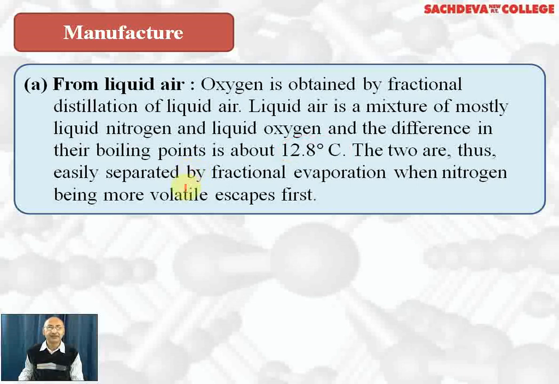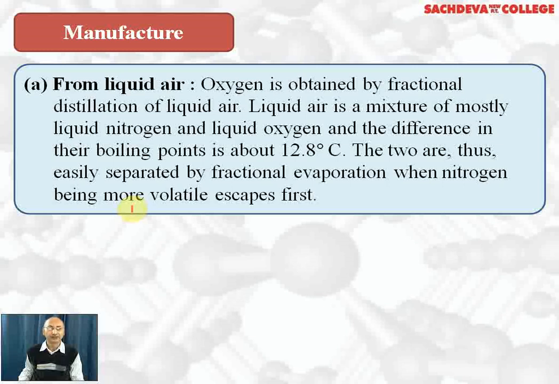Therefore, they are easily separated by fractional evaporation, when nitrogen, being more volatile, escapes first and oxygen gets separated, which we can get it collected. Nitrogen has molecular weight 28, so it has less surface area, less van der Waals force of attraction, and lower boiling point. Oxygen has higher molecular weight, more surface area, more van der Waals force of attraction and higher boiling